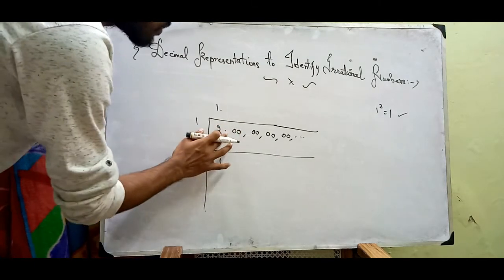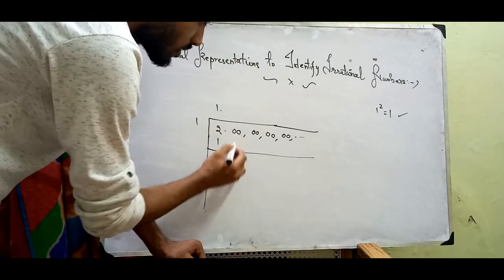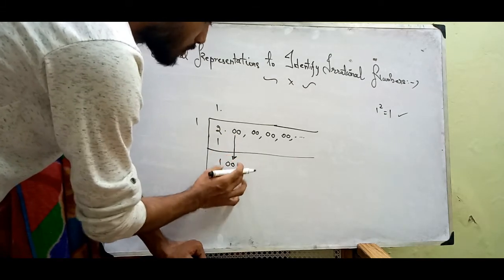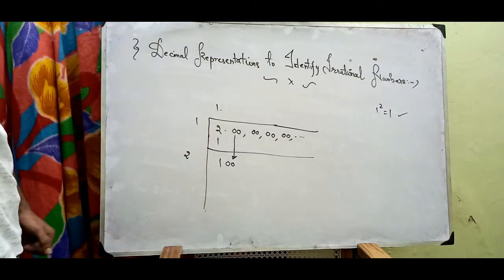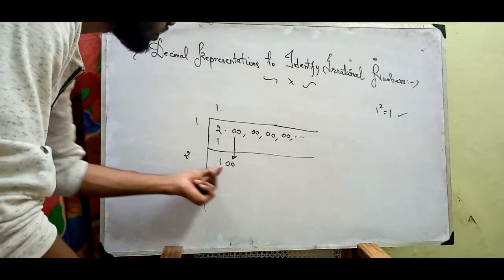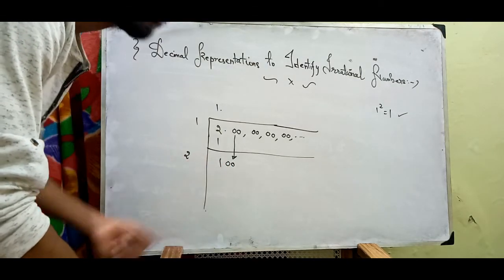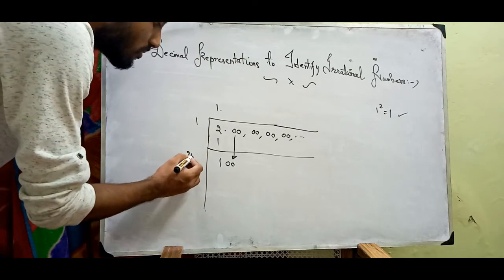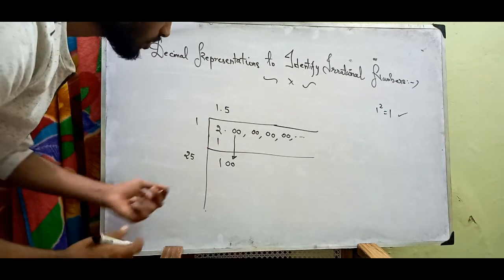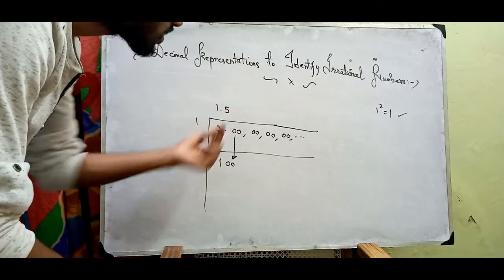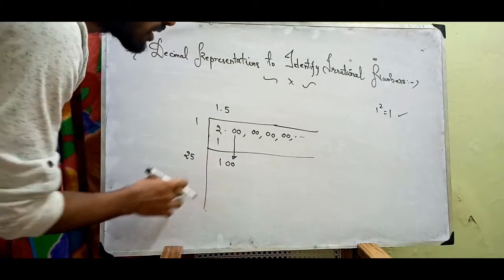So here is a point, because there's a point in the dividend, and then 100. This 00 will come down here. And then 1 plus 1 is 2. So we know this 10 can be written here. So 25 times 5, as we know, but if we write 5 here, we also need to write 5 there. Then 25 times 5 is 125, but we have only 100, so the remainder will be negative.